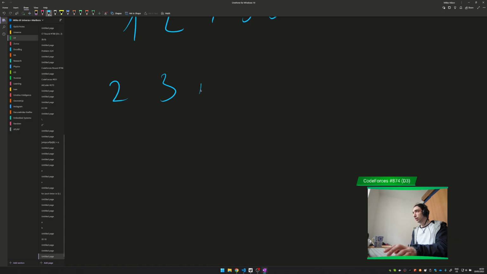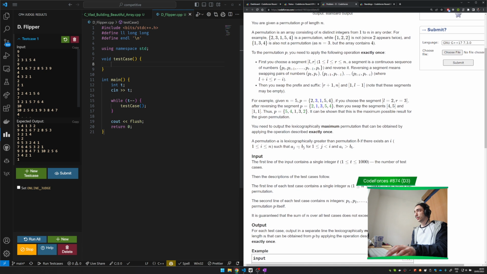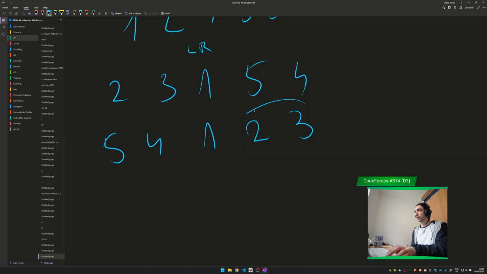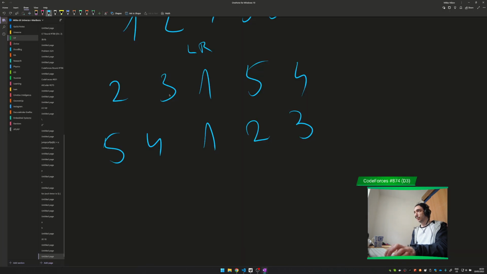3, 1, 5, 4. So I claim if I do LNR here, what will happen is 5, 4, and then 1, and then 2 and 3, which is not the maximum permutation, since 2 and 3 can also be swapped. This is done by saying that, okay, if I swap this element, which is bigger than this element here,